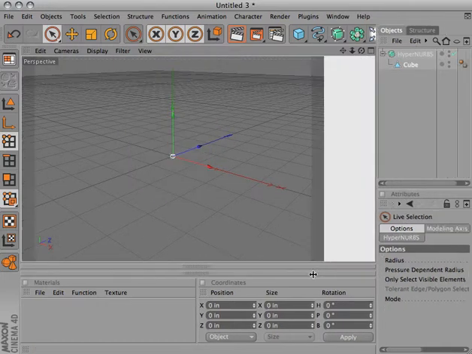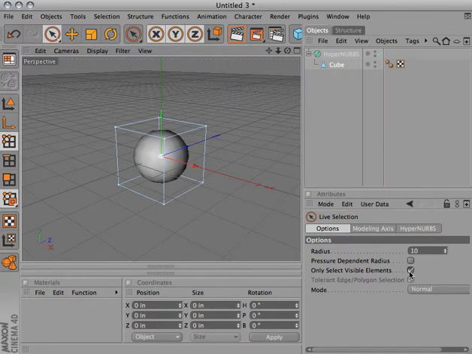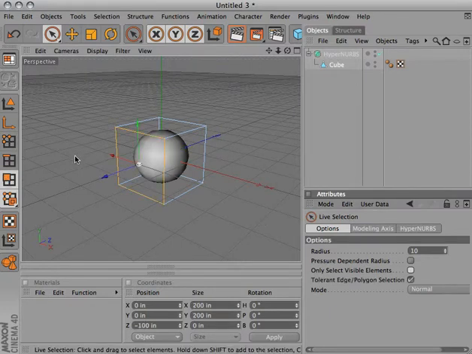And if we look at attributes for just a second, we can only select the visible elements, which means everything that is visible to us is the only thing that is available for selection. It's sensitive to the camera. Or I can unclick that and I can select things that are on the other side. And here's an example of that. If I mouse over the front